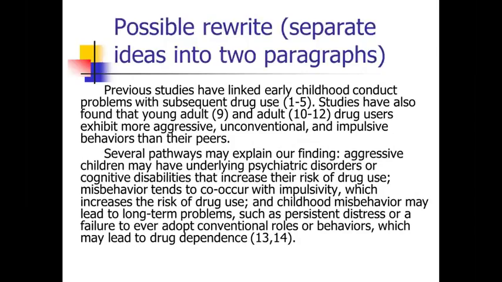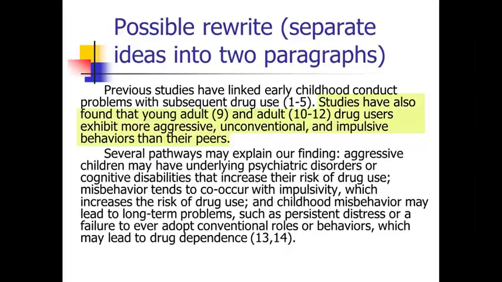So here was my rewrite where I separated the ideas into two paragraphs. So I separated the previous studies from the pathways, the mechanisms. And I shortened things. I did some additional editing here. Previous studies have linked early childhood conduct problems with subsequent drug use. Studies have also found that young adult and adult drug users exhibit more aggressive, unconventional, and impulsive behaviors than their peers. So I changed that around a little bit because I think the young adult and adult studies,